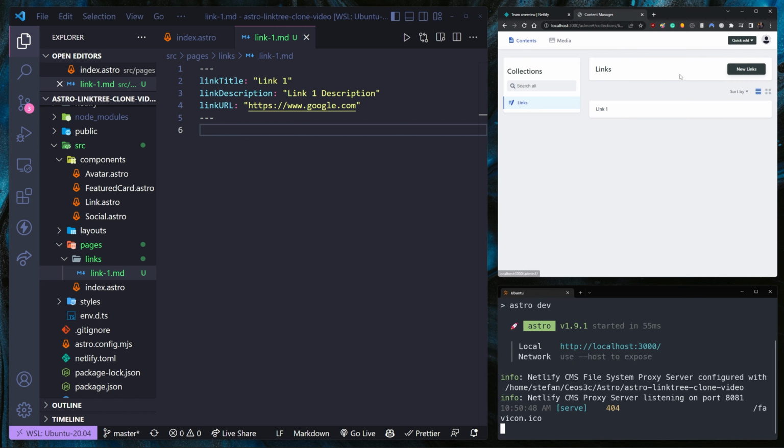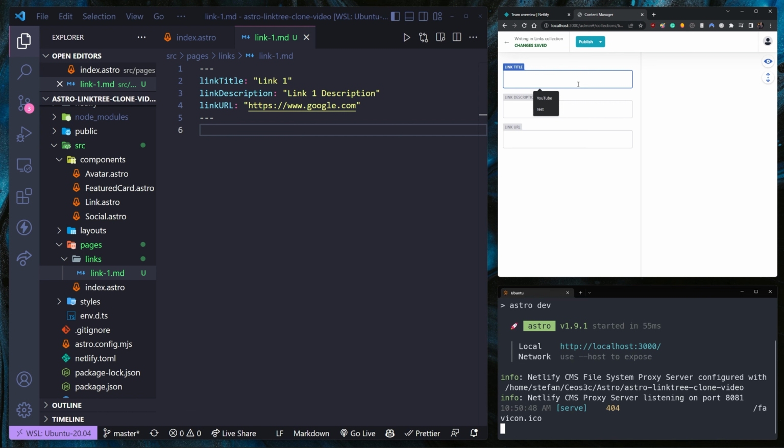But for now, let's go ahead and create a new link and see what happens. So if we create a new link here, and let's say we call that Twitter, it's the link title, and we do "Follow us on Twitter", something like that, and the URL, that's https